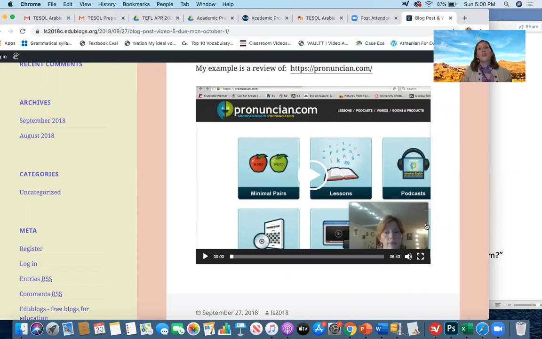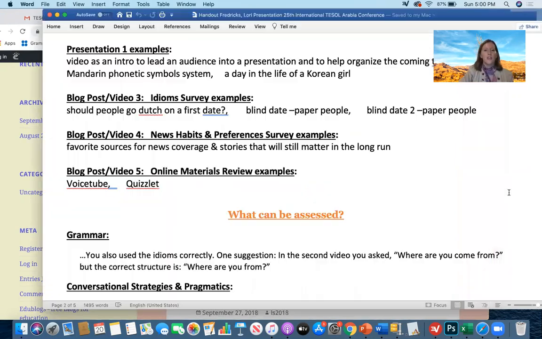So we're sharing resources that can help them with the skills they're trying to improve, but also in the process of them doing this and playing the videos for the rest of us, we're hearing their language use and seeing how they're progressing along the way. So the assignment had multiple goals.